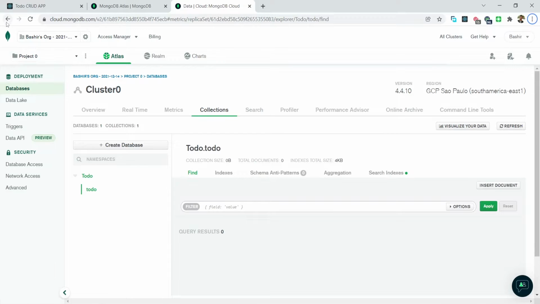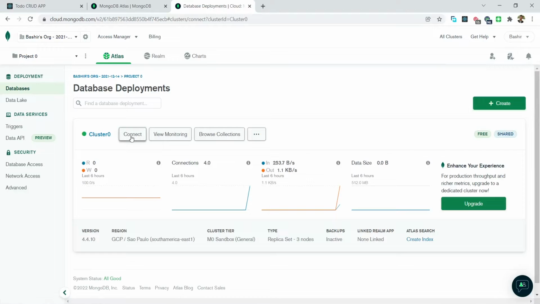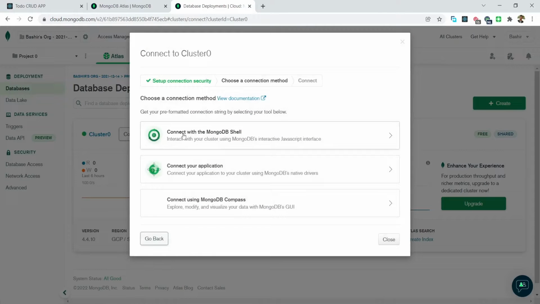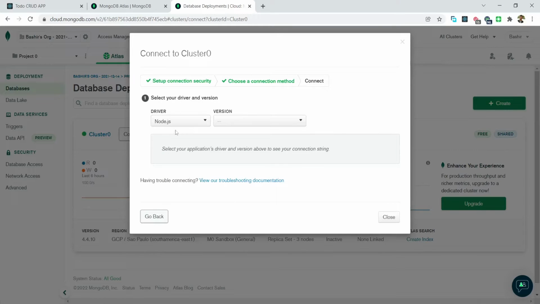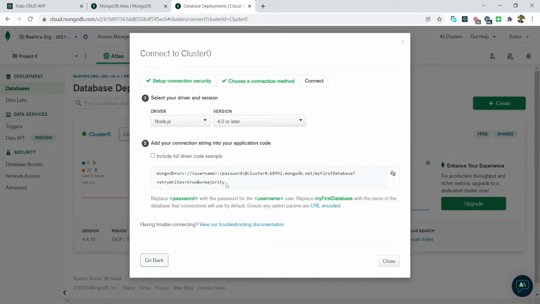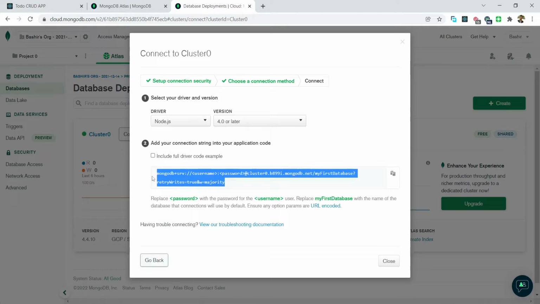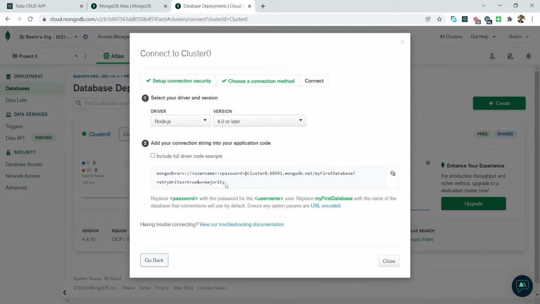Now let's go one step backward and press the connect button here. As you can see, connect with MongoDB shell, connect your application, connect using MongoDB Compass. As I want to connect my application, I'm going to select this option. Here you can provide your driver if you're working with Perl, PHP, Python, Ruby, Node.js, or any other programming language. You can select your language. As I'm using Node.js, the JavaScript, I'm going to use Node.js and the version. Here, MongoDB will generate a connection string for you, which you can use to connect with your database. So I'm gonna copy it